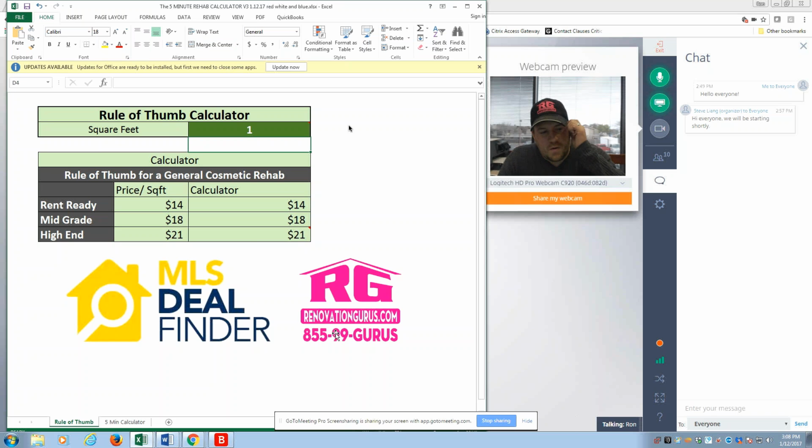Awesome. So the rehab calculator, we call it the 5-minute calculator. Once you get used to using it, it's going to take you about 5 minutes to run a property analysis on the rehab of a property. However, it takes me about 10 minutes to teach it. It consists mainly of two different portions. We have rule of thumbs, which is the first page right here, and then we have the 5-minute calculator right here. The rule of thumbs is simply this: you just put in your square footage up here, and then